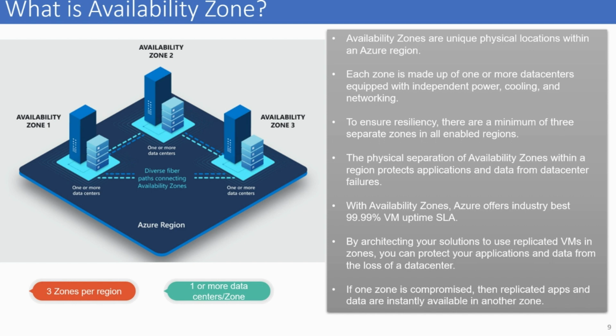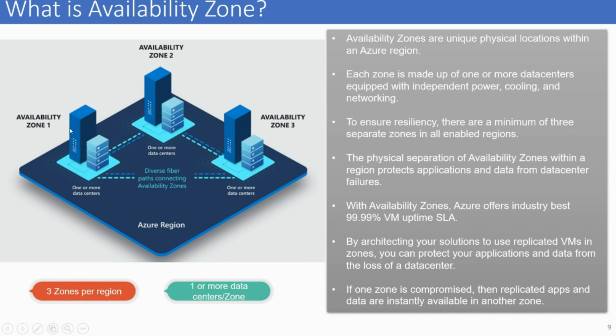There are three availability zones supported by an Azure region. With availability zones, Azure offers an industry-best 99.99% uptime SLA for resources like virtual machines. By designing your solution to use replicated VMs in zones, you can protect your apps and data from the loss of a data center. If you look at this diagram,